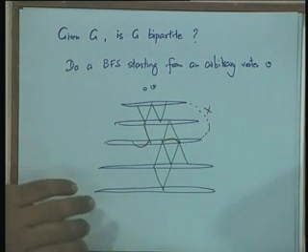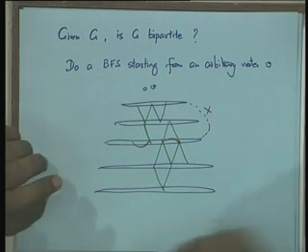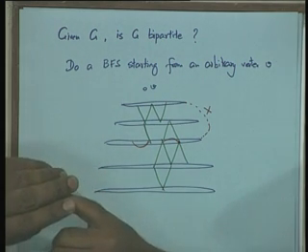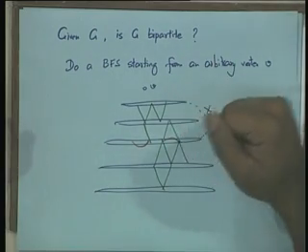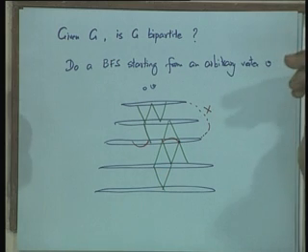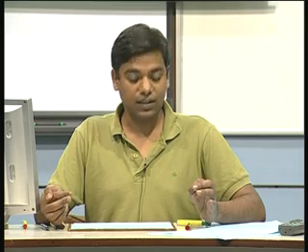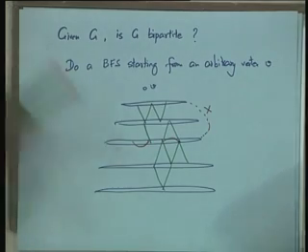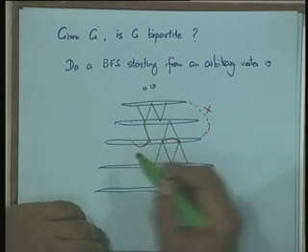ठीक है? Color different है, dotted है और cross भी लगा दिया मैंने. So you should not confuse it with anything else. Right, everyone follows this. Okay, so these brown edges are not there. We have only the green and the red edges. When is this graph bipartite? Suppose these red edges were not there. Is this graph bipartite? Suppose there were no red edges. Which are the red edges? These are the red edges here. So, what do I mean by no red edges? There are no edges.